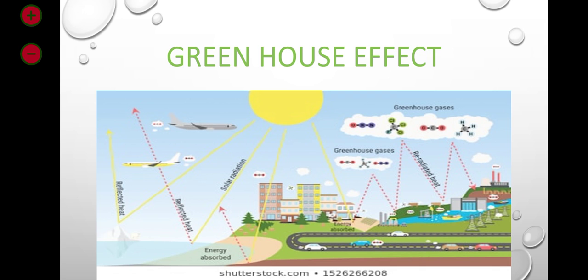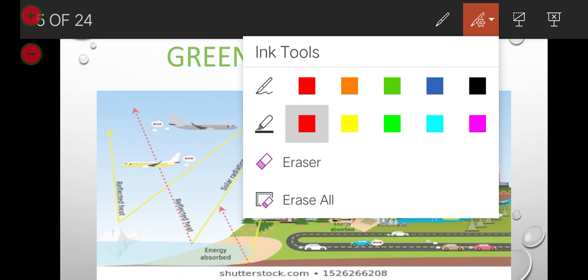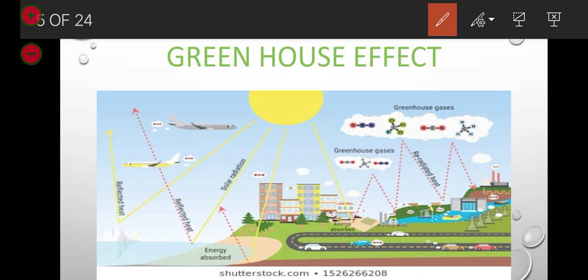So the sun emits radiation, and this falls on the earth. This is absorbed here, and the remaining is reflected back, and some of this reflected radiation escapes out, whereas